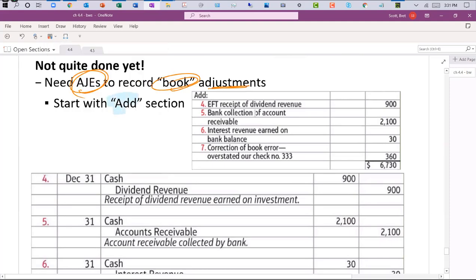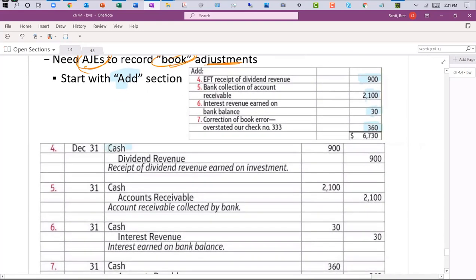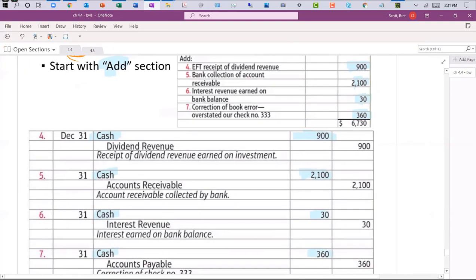Debits make me happy. So we have the EFT receipt, we have the bank collection, interest, we get the correction here. When you go into the journal, just realize for everything we got, we're going to debit cash, debit cash, debit cash, debit cash. Okay. When you do that, I recommend starting with that. Start filling out the journal with the debits for the things you have to add to the cash account. The offsetting accounts,